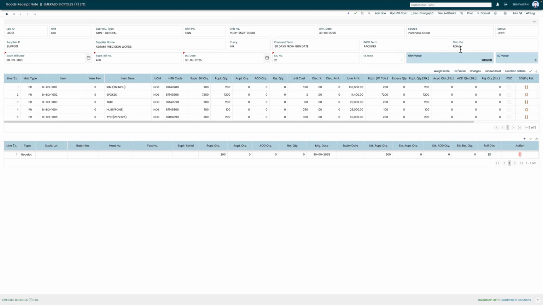Then comes your ship through, that's whether through road, air, or by sea. And we have our supplier bill date, supplier bill number, your document date, document number. Then you have your exchange rate, that's a conversion rate between your vendor currency and company base currency. Have your GRN value here. And so your LC value, that's landed cost value, and at line details we have your